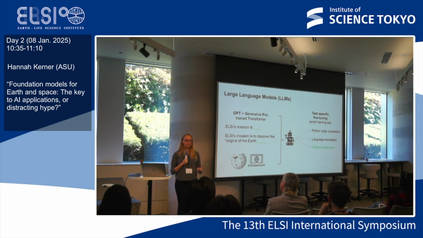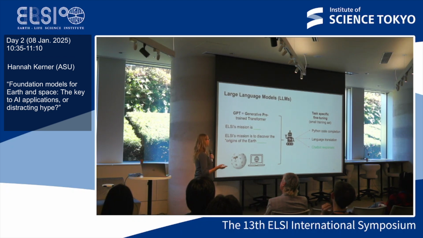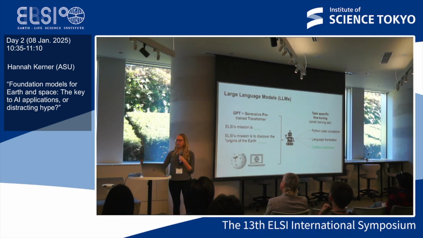That's why when you use ChatGPT, you see one word come up at a time. It's always predicting the next word based on the previous words. And that's all it's doing. And then amazingly, it can learn structure of data, language that way. And then we can take this general model, really is general purpose, it would be another good name for GPT, and fine tune it, so further train it on specific data for lots of other tasks like Python code completion. Many of you might be using GitHub Copilot or something similar, or ChatGPT chatbot responses, language translation, whatever it is.